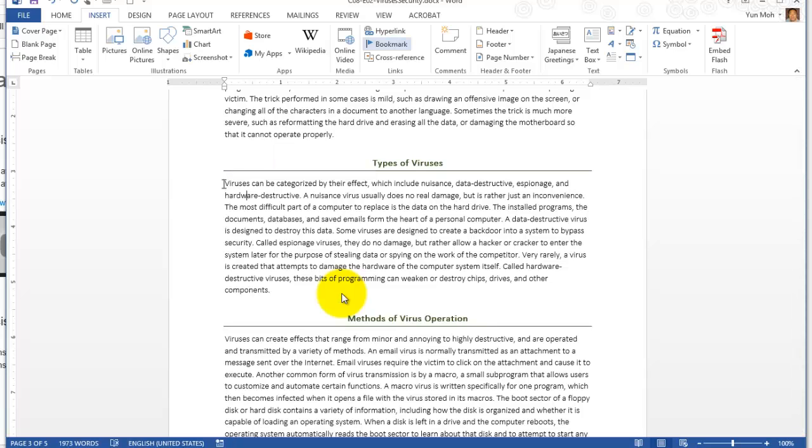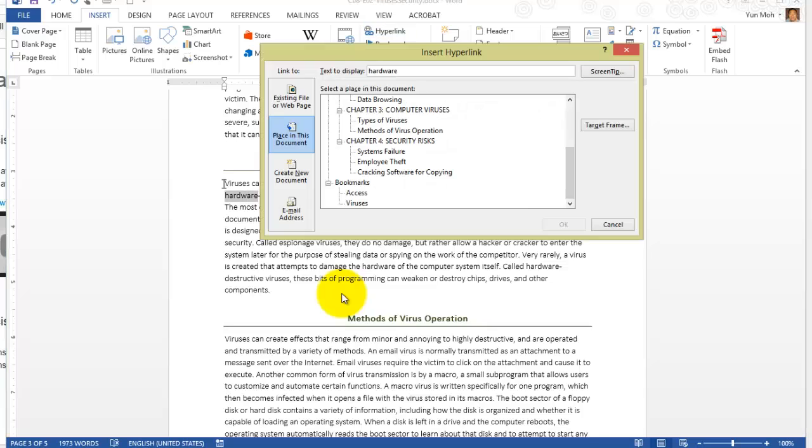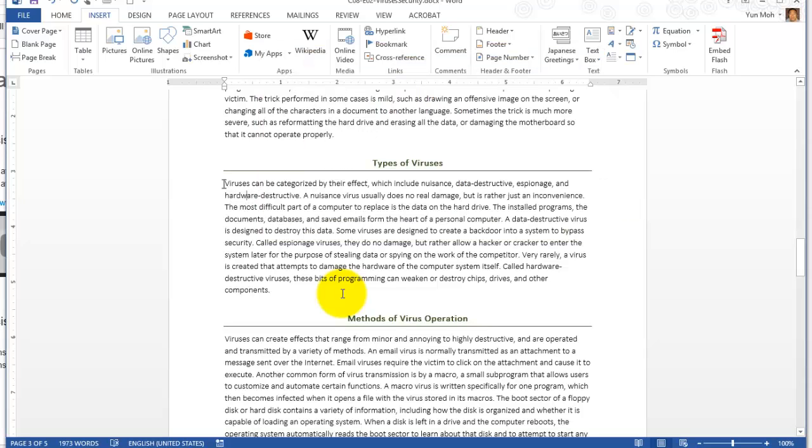Okay, so you could have used this bookmark here that you put in already. So in this case, it'll be your choice. Either use this virus, or you could have used this as well. So either way is effective. But if you have a bookmark, it's probably better to have a more descriptive text to display. All right, so that's the end of exercise